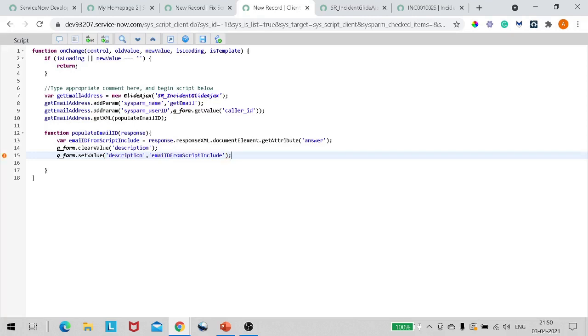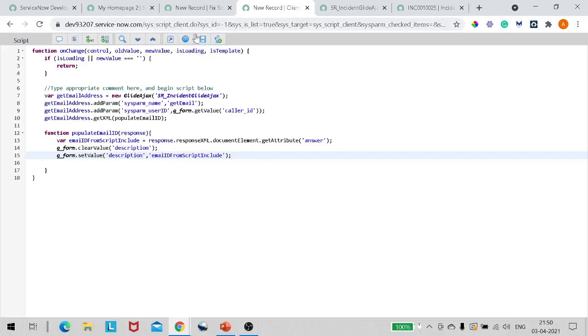So basically what we did, we have created a function in the script include, we have performed the four steps. Then we create a callback function. In the callback function you can perform any kind of action, any kind of validation you want to put. If you want to set some field restriction, or if you want to show some info message, anything. And then over here I've just set it.